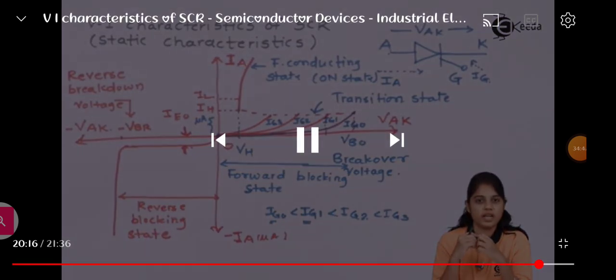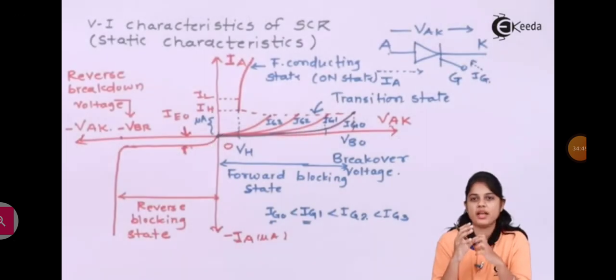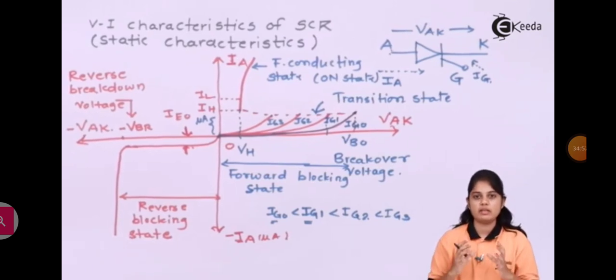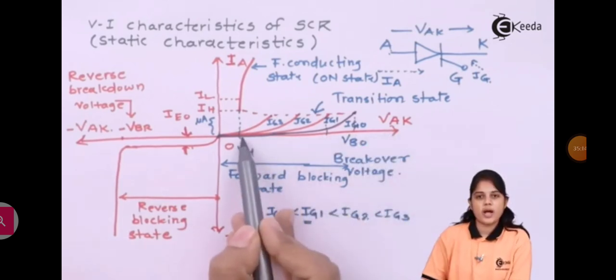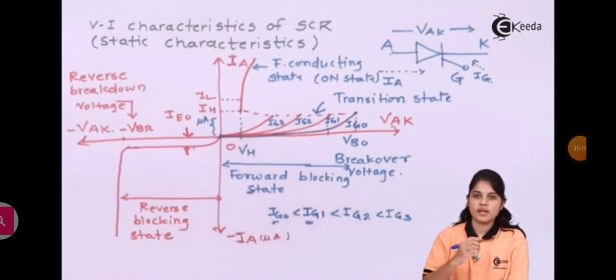But make this point clear: if you want to turn on an SCR, you need to have a gate current. Because of that, the gate terminal is known as a controlling terminal, because by providing positive current through the gate terminal to an SCR, only then can you turn on the SCR. If you go on increasing the voltage, it will be a high amount of voltage, and having a high voltage there will be more power dissipation. But if you use a gate current, you can see the voltage requirement to turn on the SCR is very less, so power dissipation can be reduced.